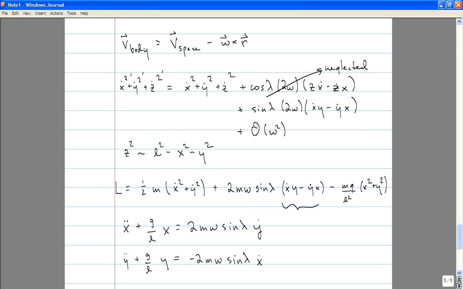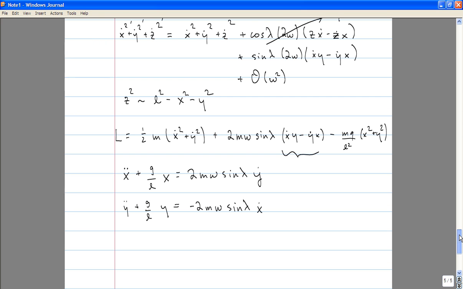So let's look at those equations for a minute. The right-hand sides of those equations look just like a pair of harmonic oscillators. Indeed, if you were at the equator, where sine of lambda was equal to 0, we would just have a pair of harmonic oscillators. But now the right-hand side says that there is some sort of source for the x harmonic oscillator that's proportional to y dot. And likewise, there's a source for the y harmonic oscillator that's proportional to x dot. So this would be an example of what we call coupled harmonic oscillators,